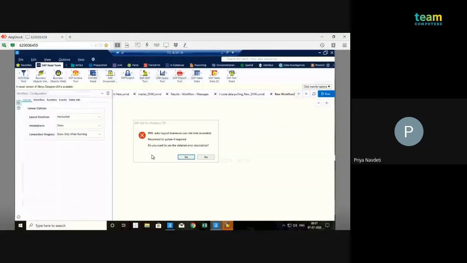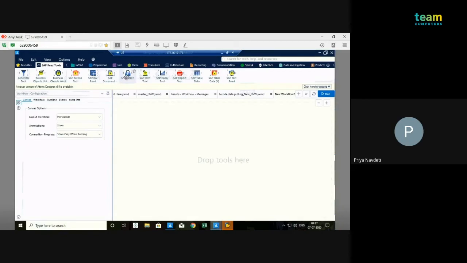For that, it will add the SAP read tool in the tool palettes. Here you can see the tab of the SAP read tools, and if it is there, then we have successfully installed the ACS connector.